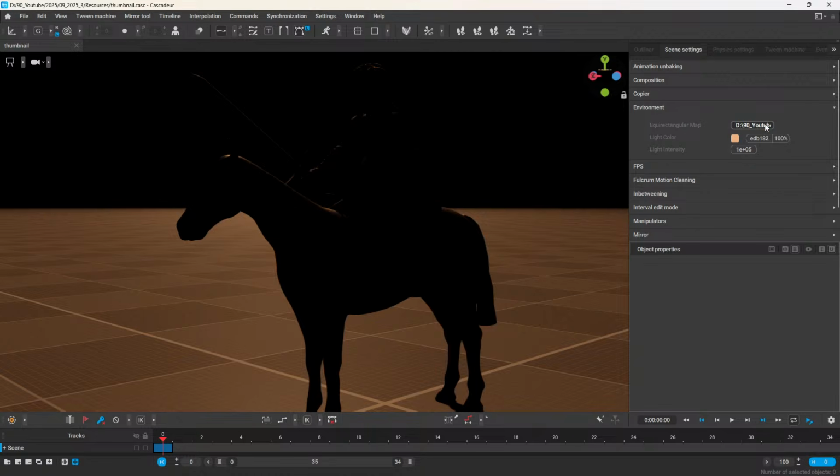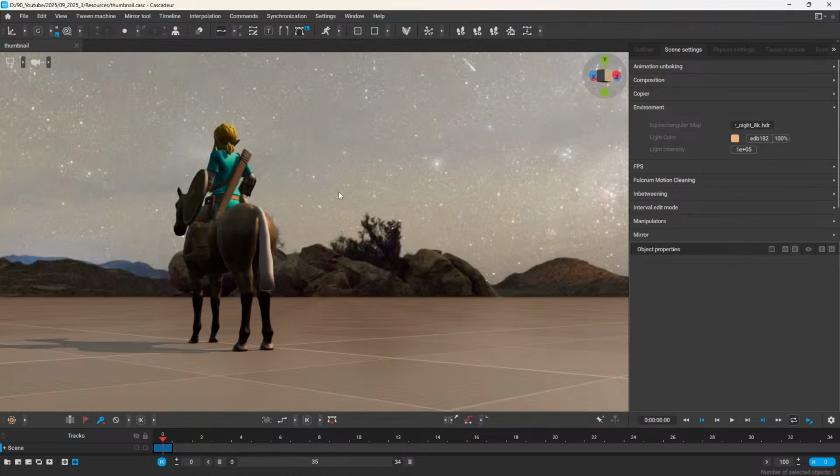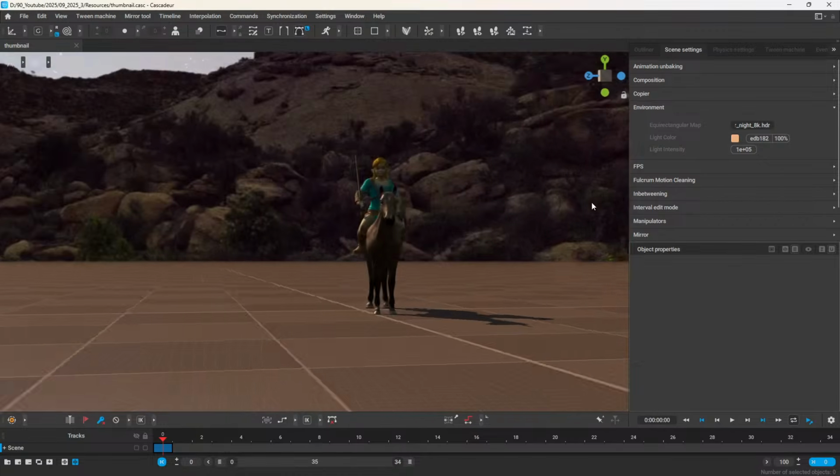But it should be implemented that a dialog will open when you click on it, so you should be able to select a file later. I think something is still wrong. No, okay, it's good. So you can load any kind of HDRI